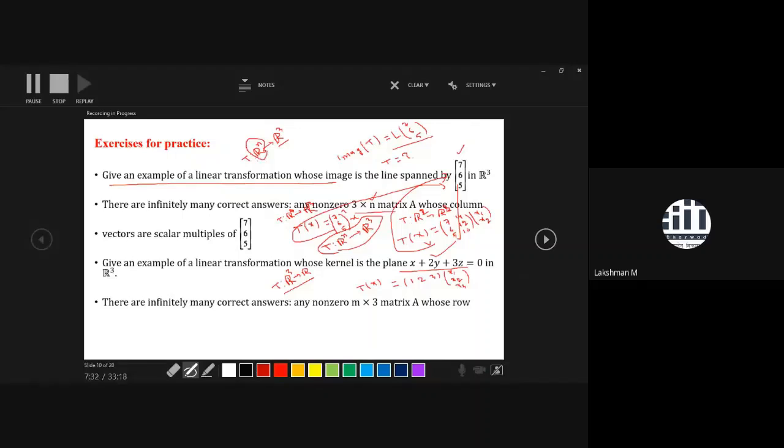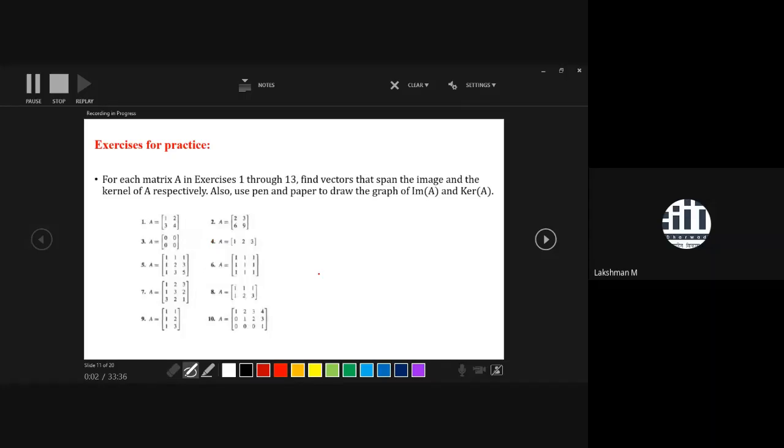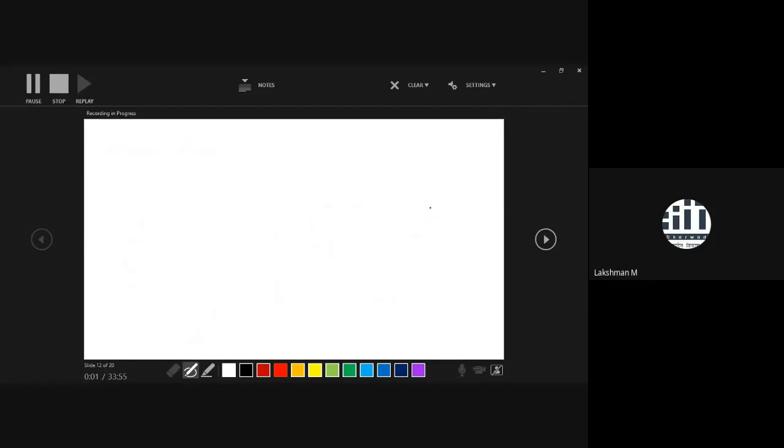So it is a little bit tricky question. You can come across that. And here, in case the kernel is given, your domain is fixed, but your target set is varying. Rn I have written, so n you can take 1, 2, 3, 4, 5, depending on your choice. So this is the key scenario. And these are several questions I have given for practice. For all these questions, you have to find the image of the given transformation and the kernel as well. Also keep drawing using pen and paper and try to draw all the plots. So this is the scenario.